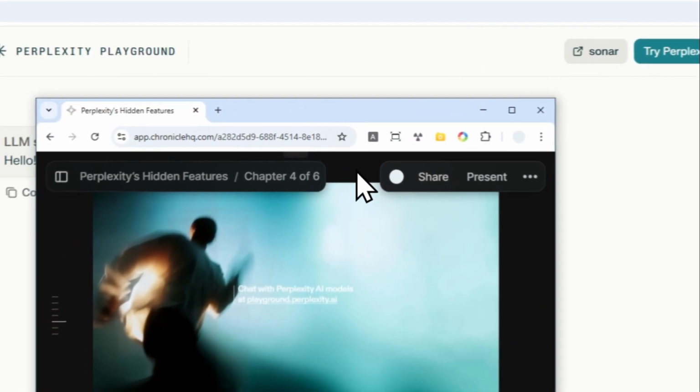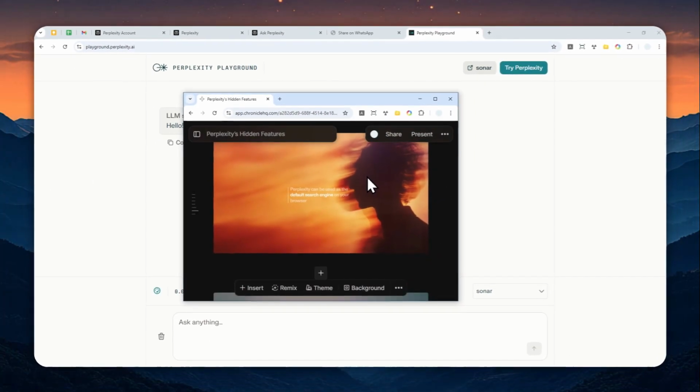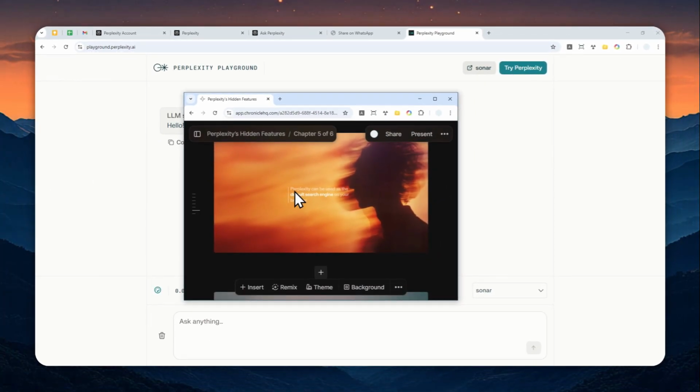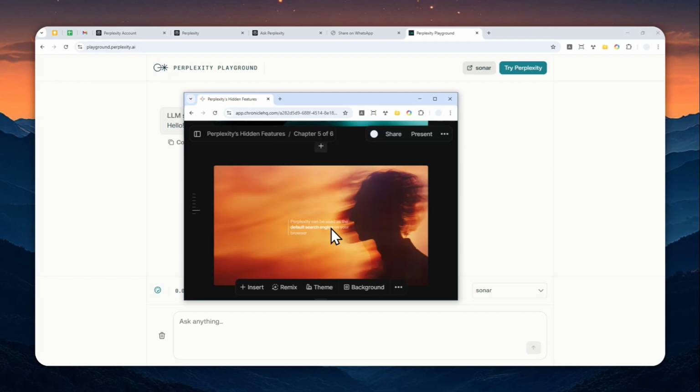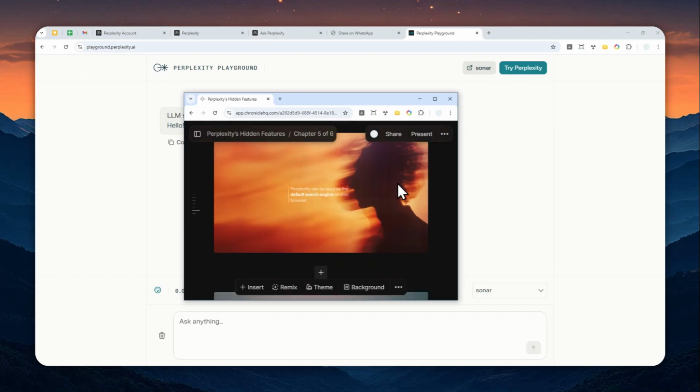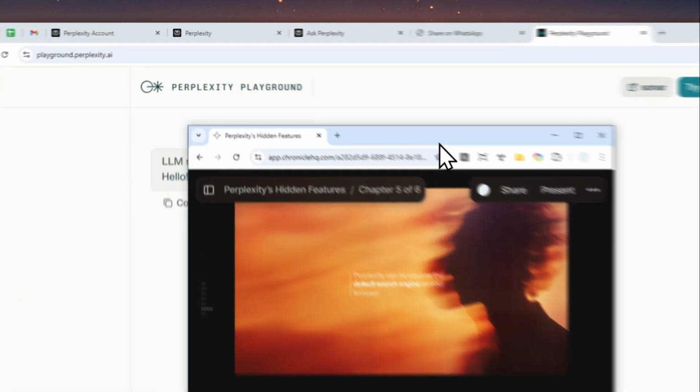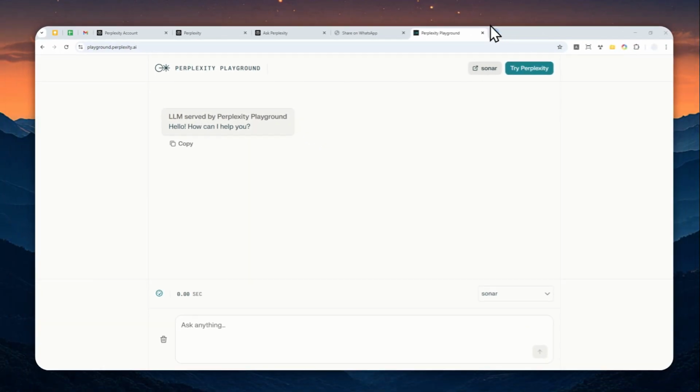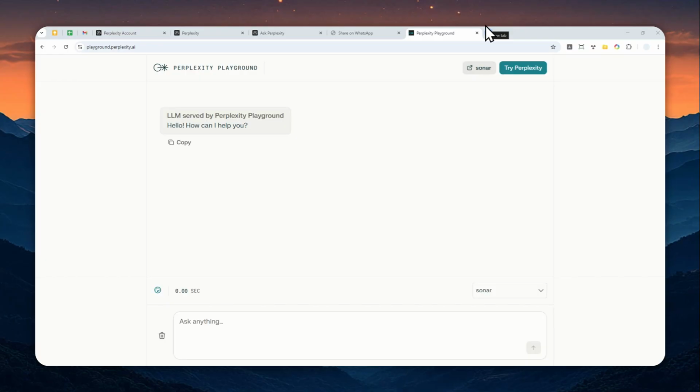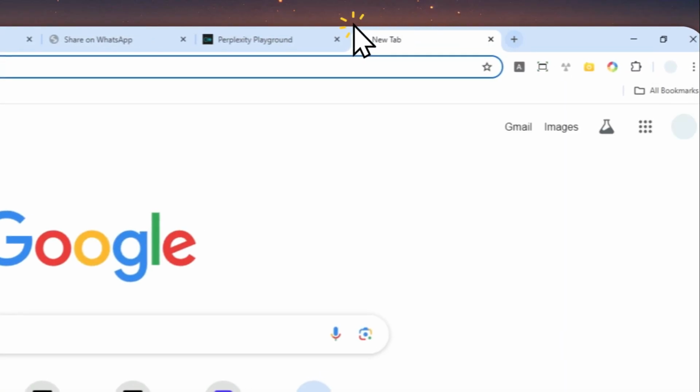Now, the next thing that you can do is use Perplexity as your default search engine on your browser. This is a topic that I've talked about in many videos. You can basically use Perplexity on Firefox, on the Arc browser, or even on Google Chrome as the default search engine. I have made some tutorials about that, you can check them out. But the simplest way to turn Perplexity into a search engine, especially on Google Chrome, is to use